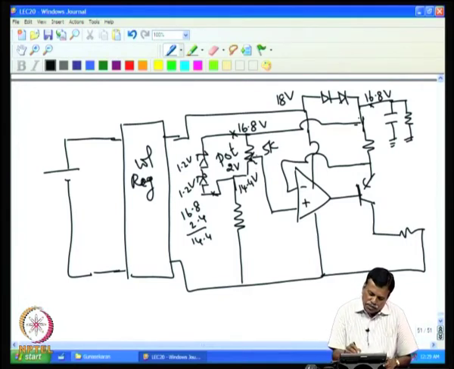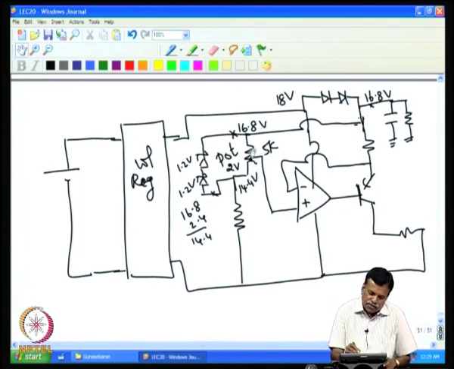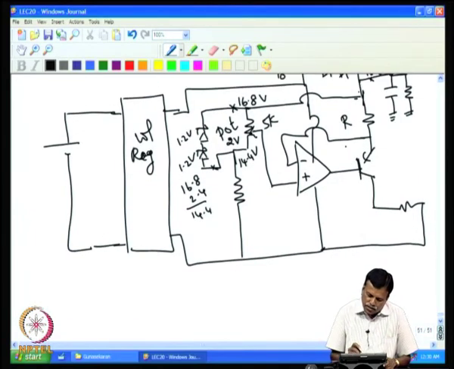So, when the potentiometer is moved to this extreme end, the voltage should be 14.4. When the potentiometer is moved to the other extreme end, it is supposed to be 16.8, which may not happen because of the physical limitation. So, we have to deal with this by adding 0 and span pots. For example, if I want 20 milliampere, then in this case we have to fix this value. So, I will fix this resistance R. So, 2.4 volts is supposed to give me 20 milliampere. So, the total expected voltage change